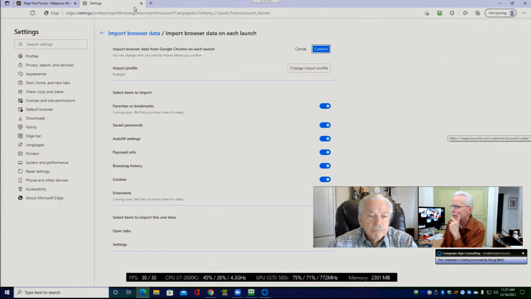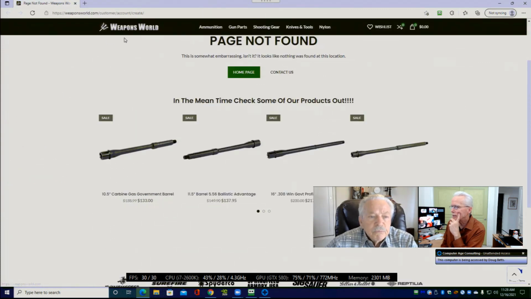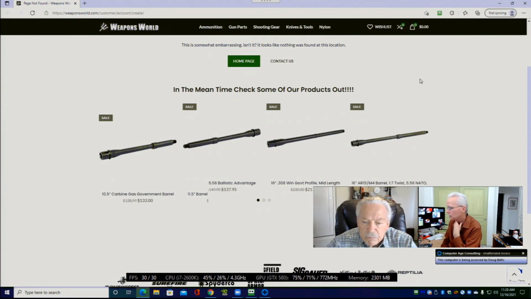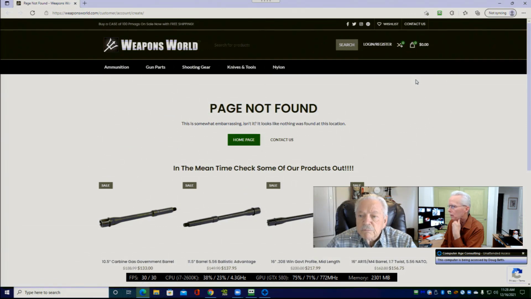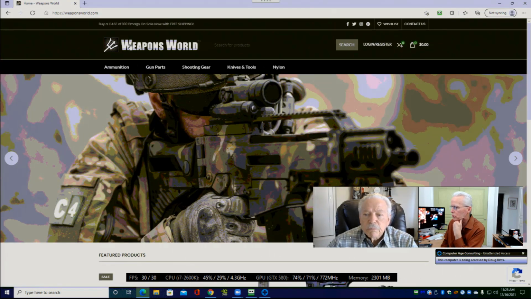And yeah, this takes us to security settings. So we're not really interested in doing that at this point. No. Now, also I see this Weapons World. It says page not found. Mm-hmm. So it looks like that specific URL that RoboForm took us to is not the main landing page for the website. So I'm going to click on this header, their masthead website name here, and see if that'll take us to their legitimate landing page or their home page. This looks more likely yet.